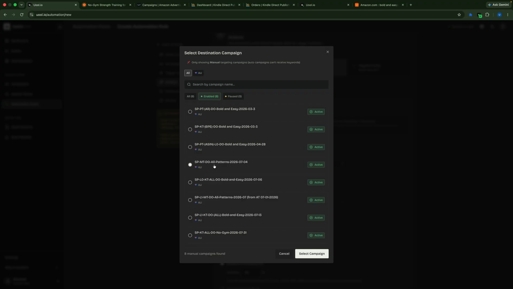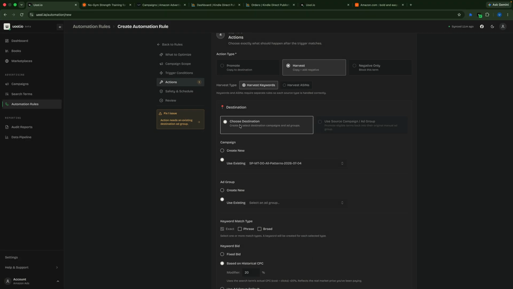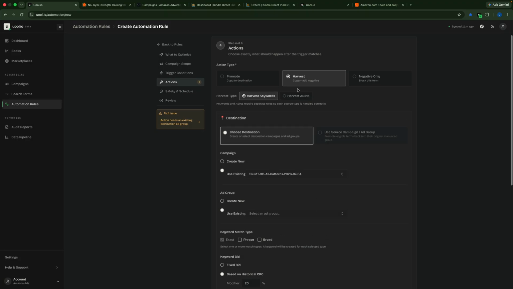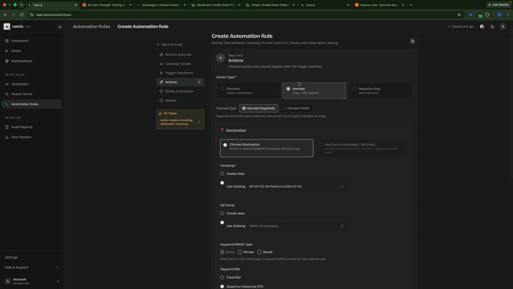This could include keyword match type for all three, and product targeting for exact and extended. So I'm going to select this one. For destination, that means I'm going to harvest whatever keyword is converting from the auto campaign and move it down to this campaign. Harvest means it will move the keywords from the auto campaign to this manual campaign. In the meantime, it will add a negative in the auto campaign, which means that auto campaign will not have this keyword